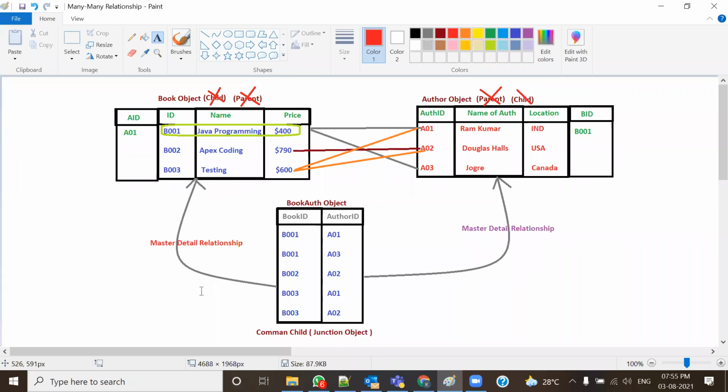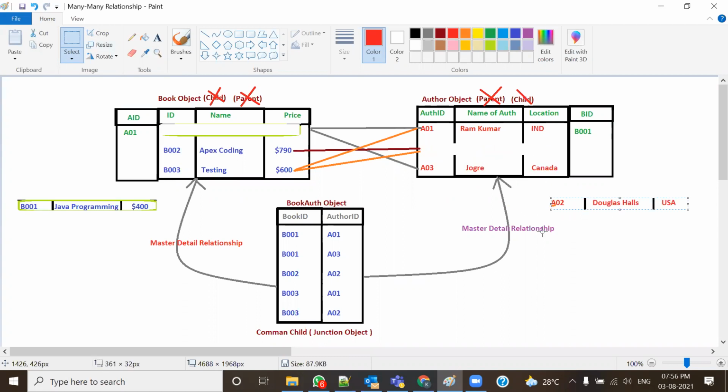See, now the same scenario. If I delete this B001 from the book object. Similarly, I deleted this A02 entry from here. So I deleted B001 from the book object, and even deleted the A02 record from the author object. So if you delete the parent,